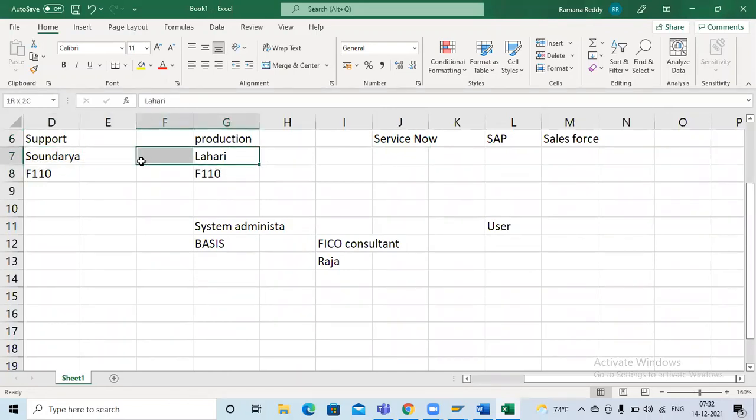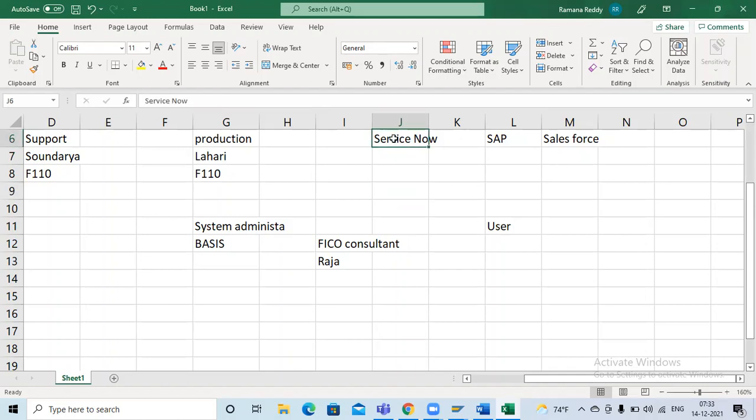But along with the ticketing tool there are so many works. I told you already, with the help of the reporting tools, we can check how many employees are working, what kind of work they are doing, and what the stages of the work are. So everything we can check with the help of ServiceNow.